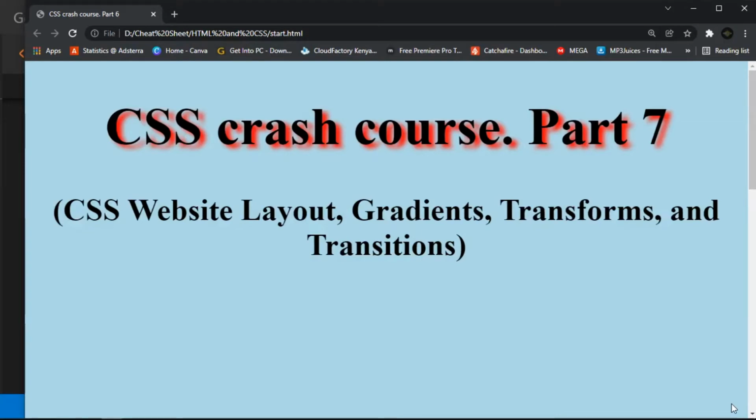So this is CSS crash course part 7, and actually it is the last part on the CSS. After this we shall have a project where we shall design a simple website, and thereafter we shall go straight away to JavaScript. So today we are going to handle the CSS website layout, gradients, transforms, and we shall